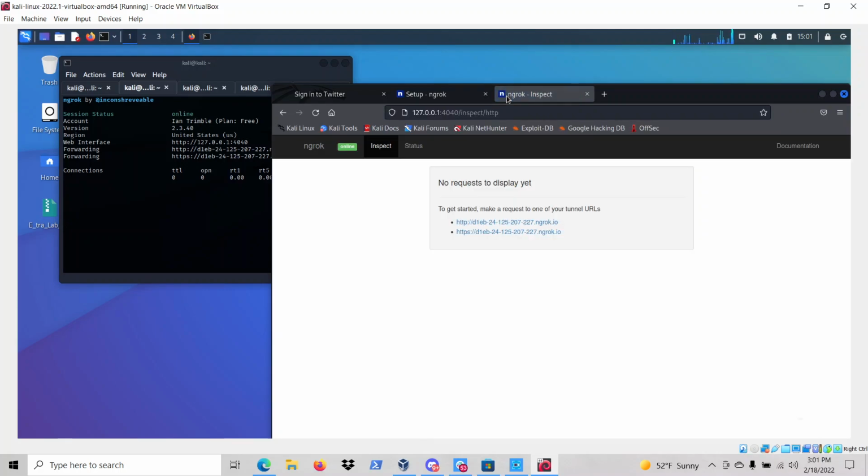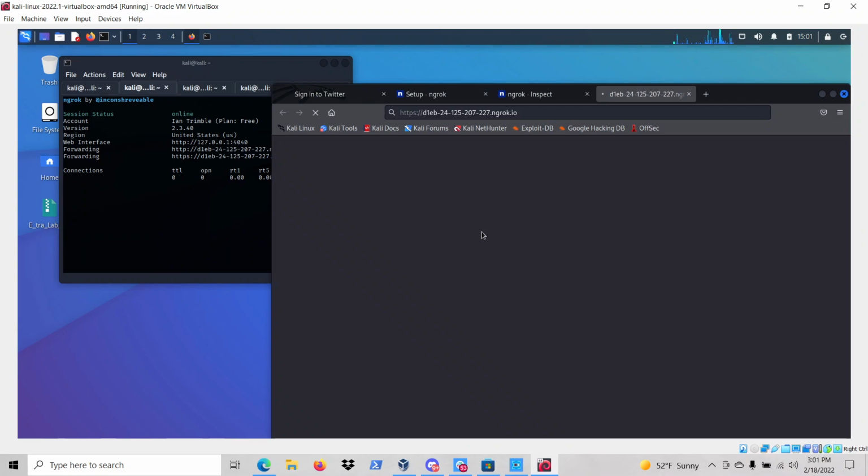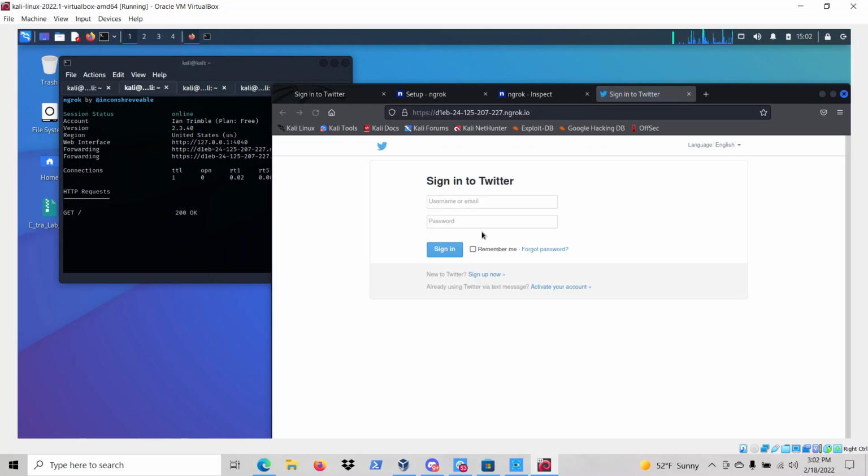Port 4040. I'm going to choose HTTPS, public facing website. And take a look at that. We have a public facing website right now. And this is the spoofed one, right? And we can use this to redirect our users. So let's go ahead and type in a fake email